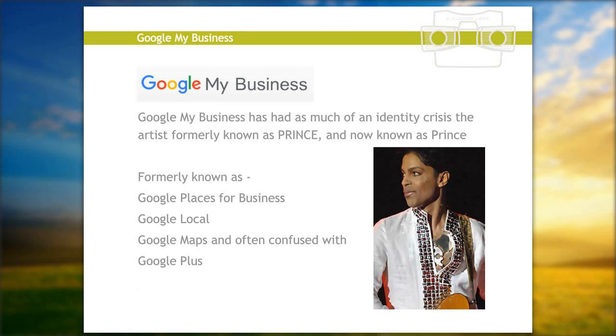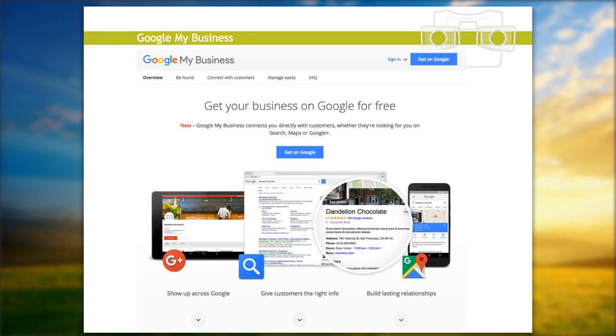So let's push on. So what is Google My Business? Google My Business gets your business onto Google for free. The way to get there, I will show you in the next slide. But the easiest way of describing it is that it puts your business into Google's free business directory. And it does even help to a small degree with your website rankings, because the process of verifying that you exist to Google kind of proves you've got a little bit of authority in that space.